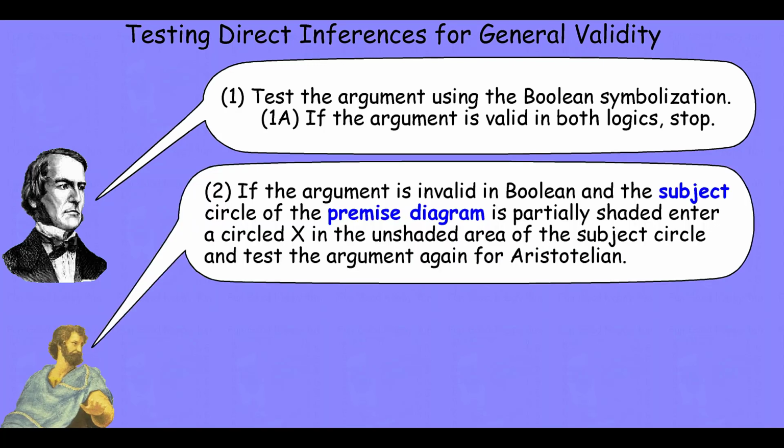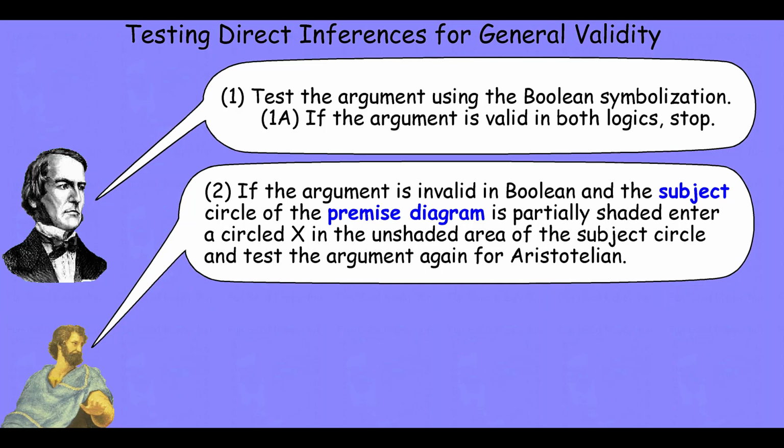If, however, the argument is invalid in Boolean logic and the subject circle of our premise diagram is partially shaded, that is, there is no X anywhere in that subject circle, then we enter an X in the open area of the subject circle and we circle that X to remind ourselves that we're only entitled to that information if the Aristotelian assumption holds. Then we do our comparison again, comparing the conclusion to the premise diagram